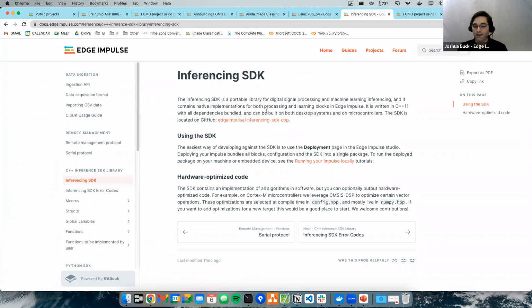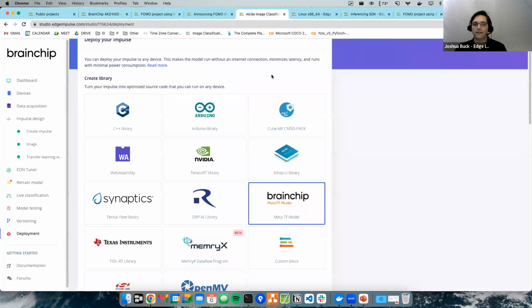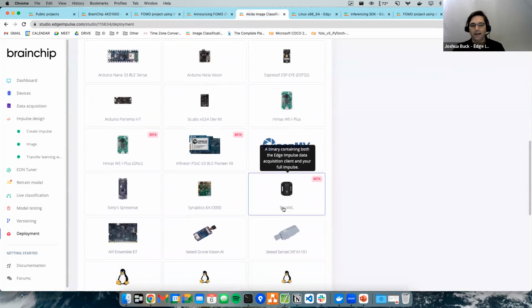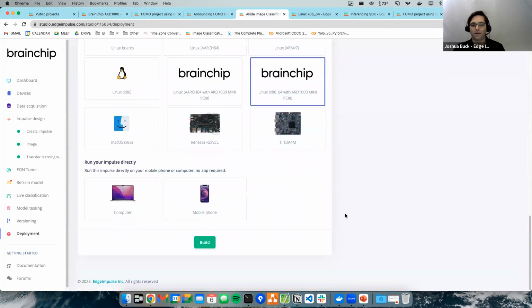MetaTF has the Python SDK as well, so you can work through that. And if you're not in the mood to write code, if you just want to get something running on the device and you have one of the enablement platforms, in this case, a computer with the PCIe chip that has the AKD 1000, you can select the AKD 1000 as an option to deploy. In this case, I have an x86 machine with that device, and build. And what this will do is give you what we call an .eim